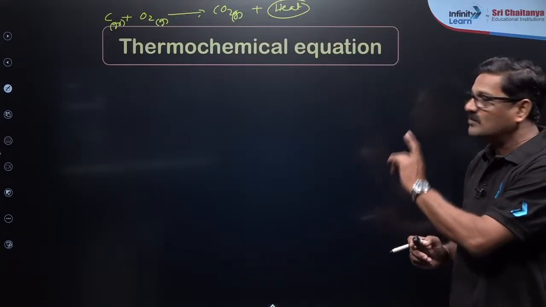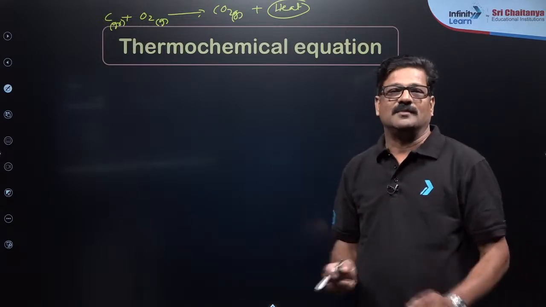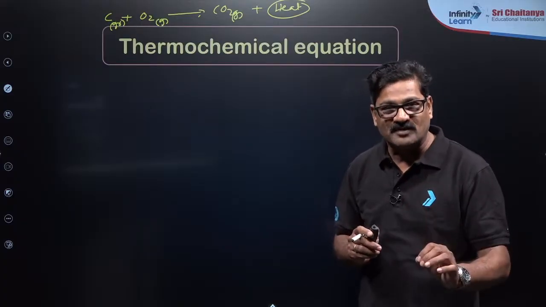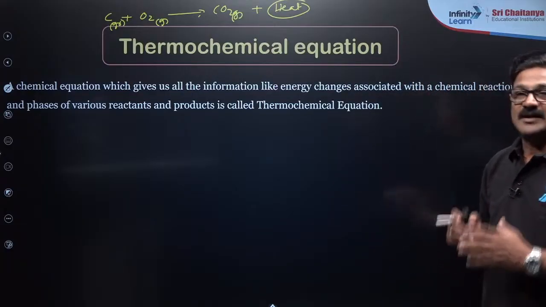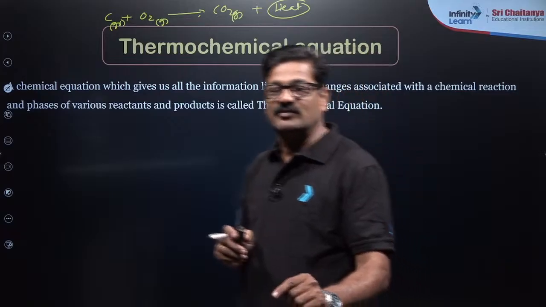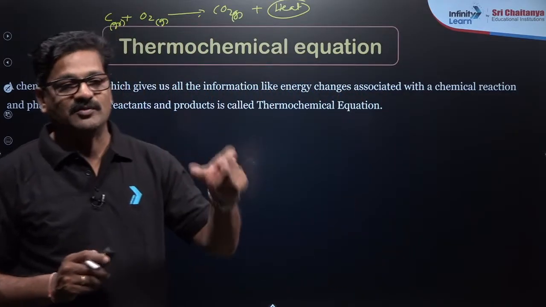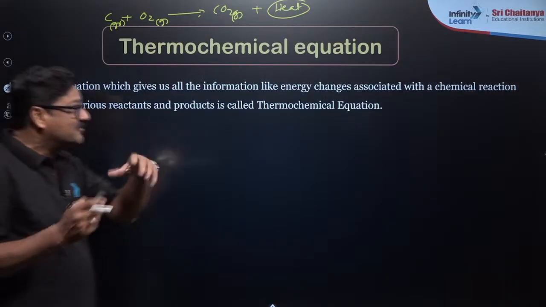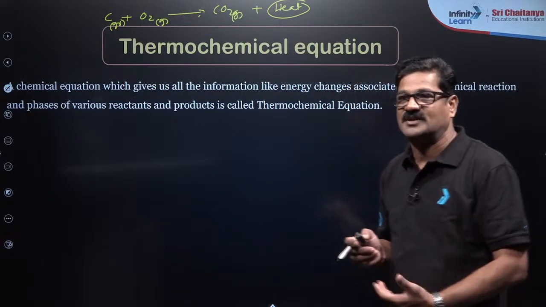Right? Okay, so a thermochemical equation is going to give you the total balanced chemical equation along with the physical state or allotropic forms, along with how much heat is released. That is what is called a thermochemical equation. So which of the following is actually a thermochemical equation you need to know, and what is the key point we need to understand in that. A thermochemical equation gives us information like energy changes, physical state changes and the transformation that changes.